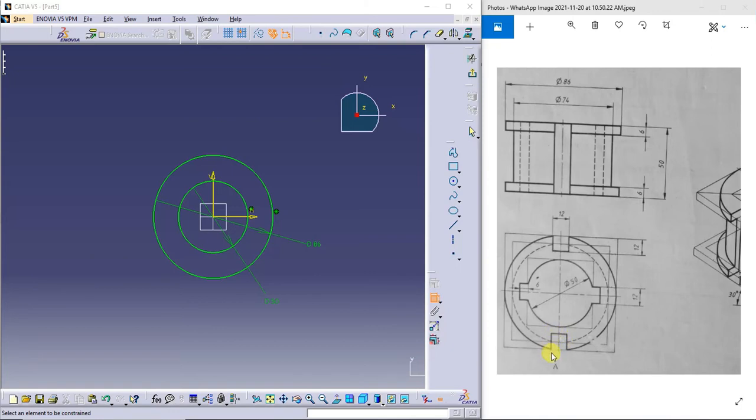Now I want to create this slot. This slot height is 12 mm and this is 12 mm. Now I'll take the rectangle command. The dimension between this and this is 6 mm.